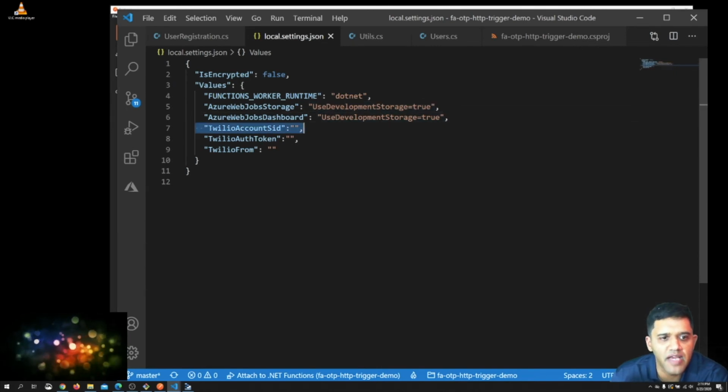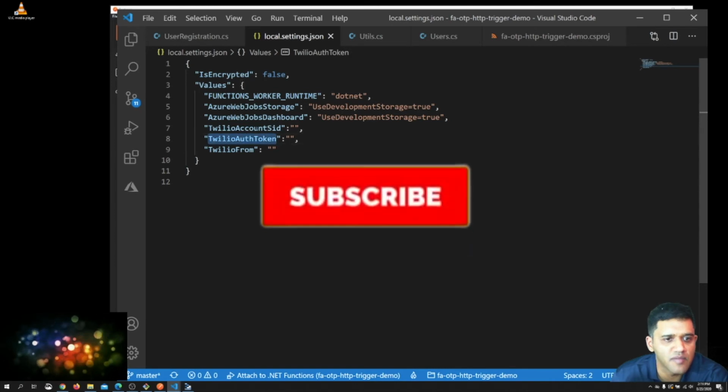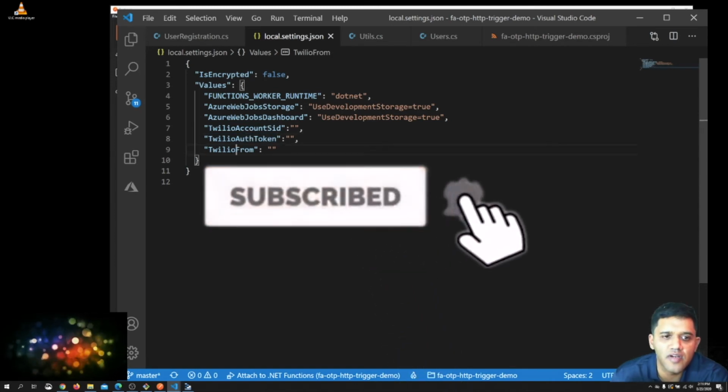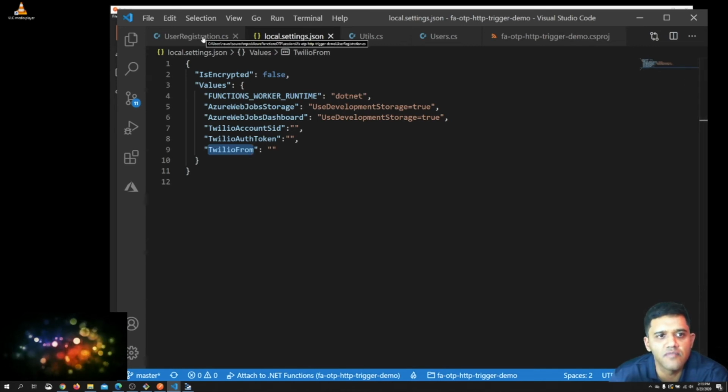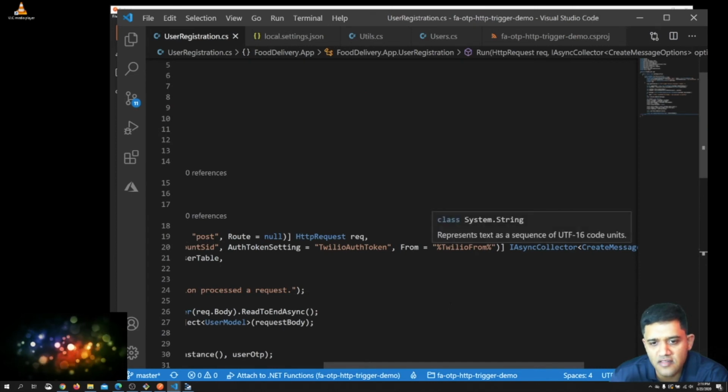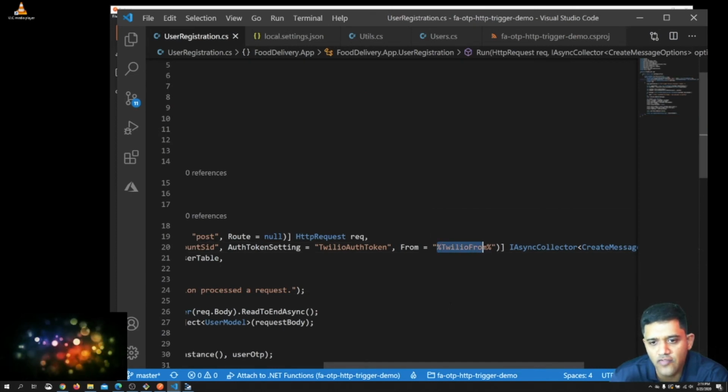Now I have 3 parameters here: Twilio SID, Twilio token, and Twilio from. Account SID and auth token will come from the portal, and Twilio from is the from number that you would have created. When you register for a Twilio account, you have to buy a number, and that is the from number. If you look at the user registration class, I'm using this syntax called percentage Twilio from percentage.